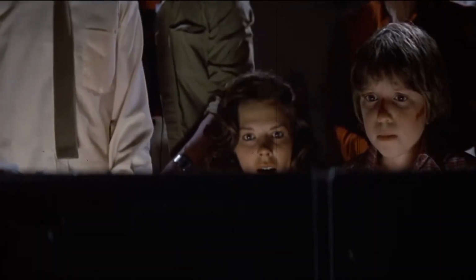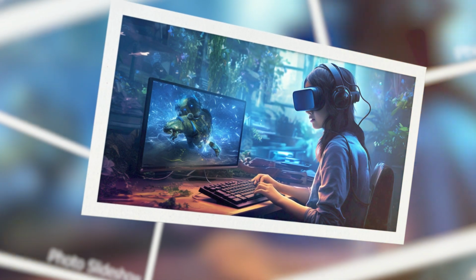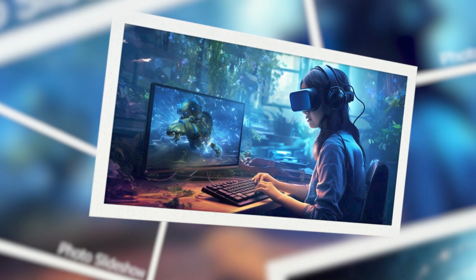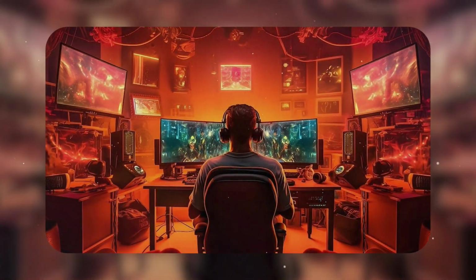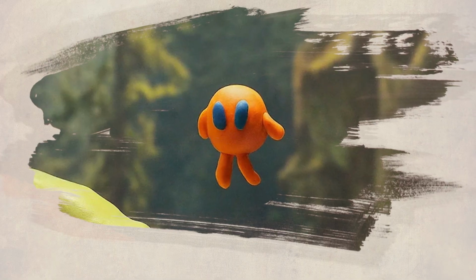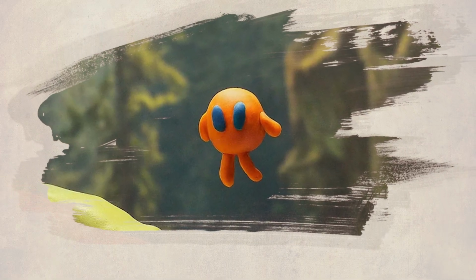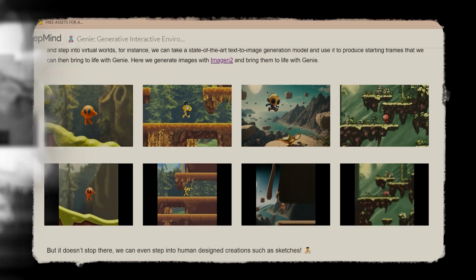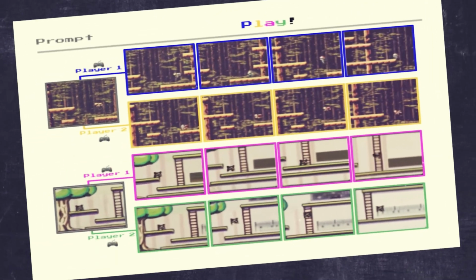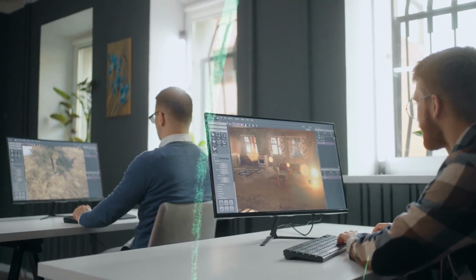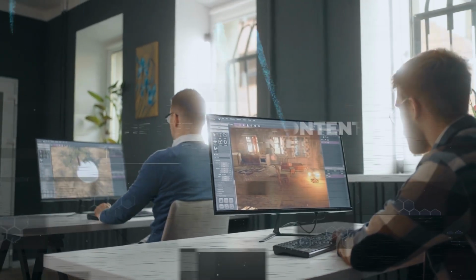But let's get to the juiciest part of the story. Although not publicly available, researchers tell us that the model does what it does despite not being trained on action or text annotations. This means that Genie's foundation model can determine who the main character is and enable a user to control that character in the generated world on a frame-by-frame basis. It does all of this with its own unique set of rules, mechanics, and visuals when presented with a prompt. And here's what this means for us going forward.